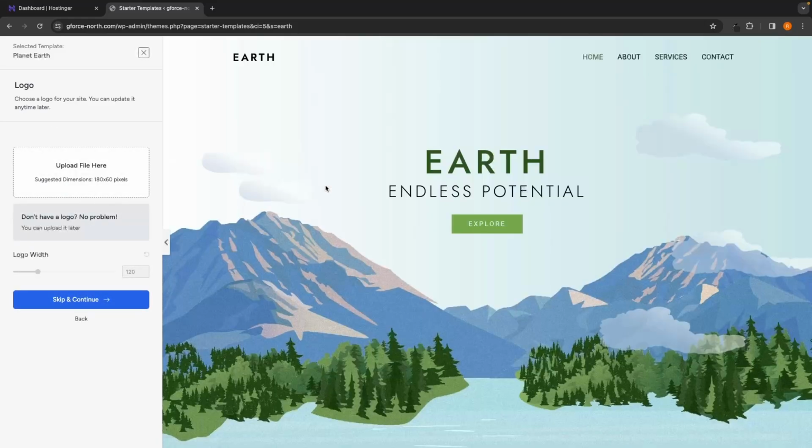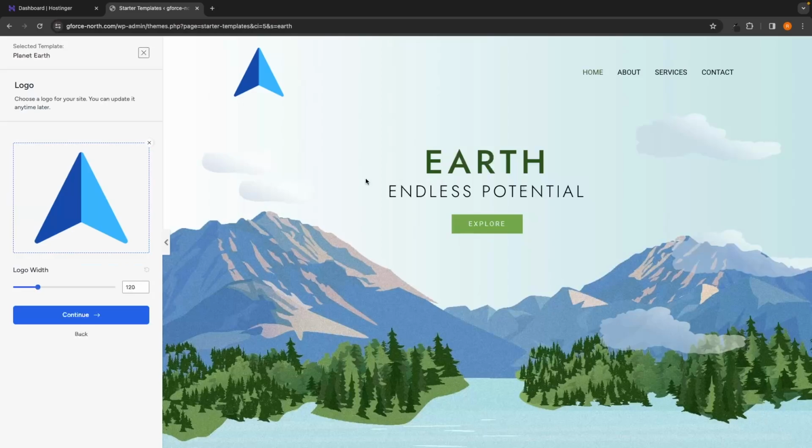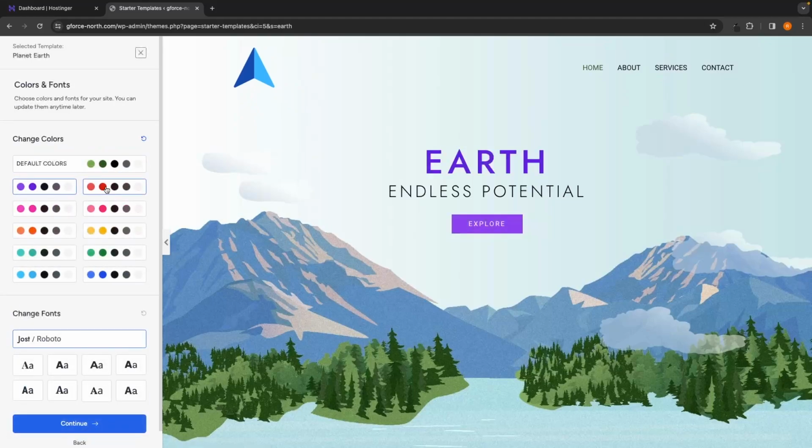and this is going to load up this menu where you can see your template in this main section, and on the left hand side it's going to give us a few different options. So I will just go ahead and upload this logo right here, and then we can adjust the logo width here at the bottom. Once your logo has been uploaded, click on continue,